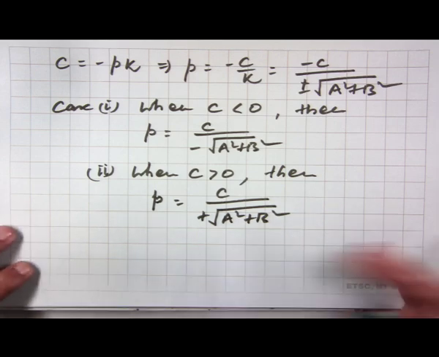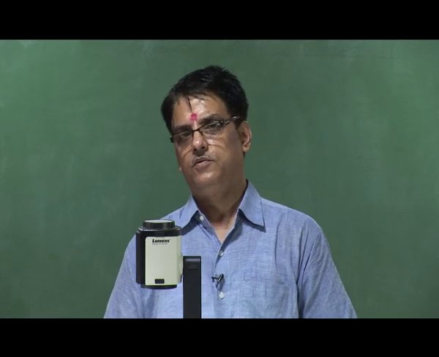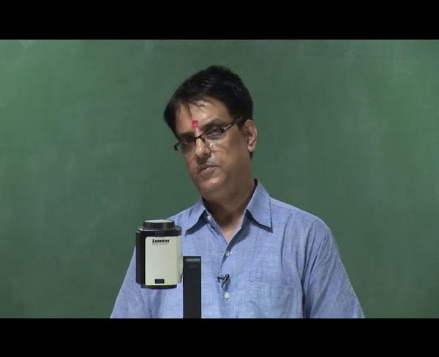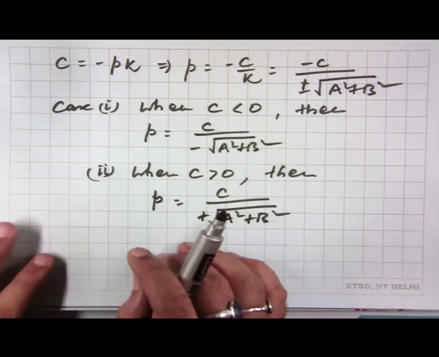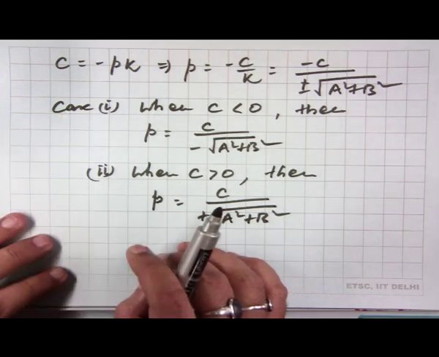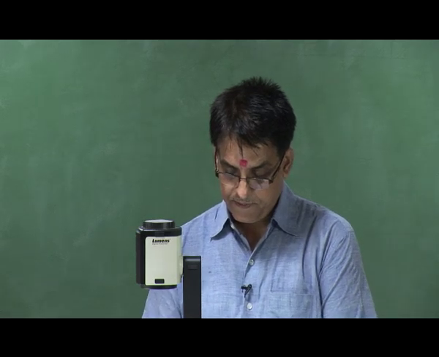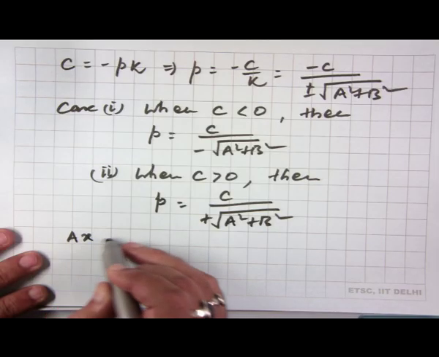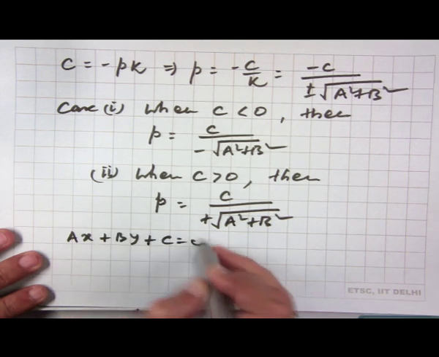So in this way we can reduce x plus by plus c in normal form, and this p is nothing but the distance of line from origin. This p will give the distance of line from origin. So finally we reduce ax plus by plus c equal to 0